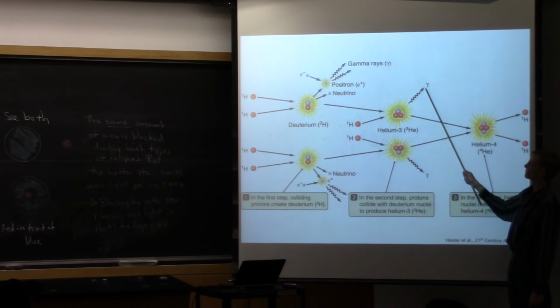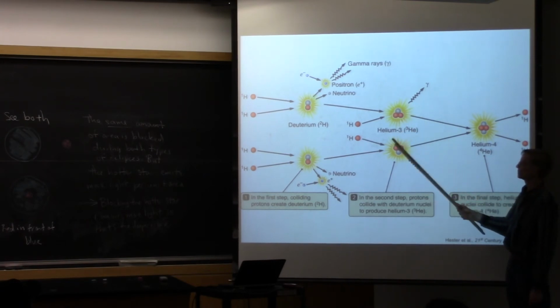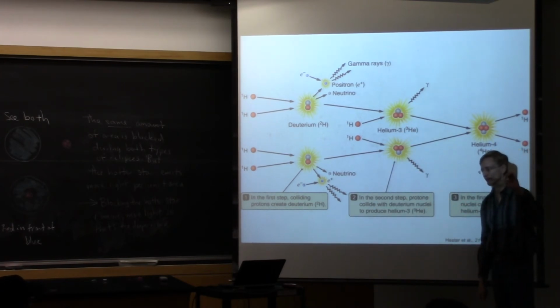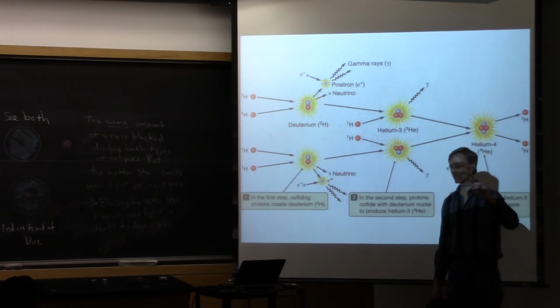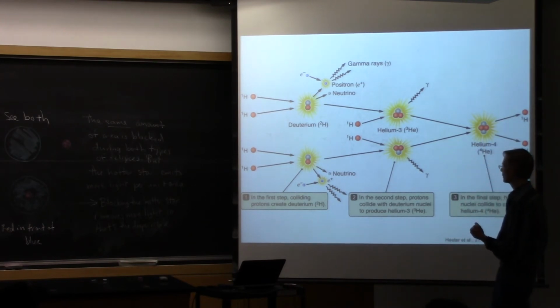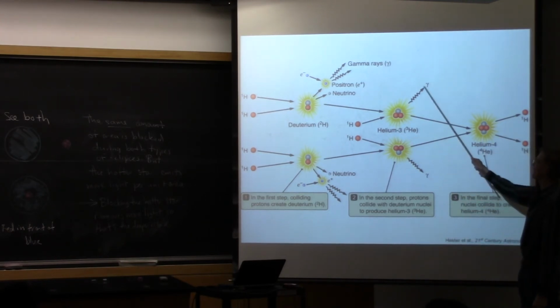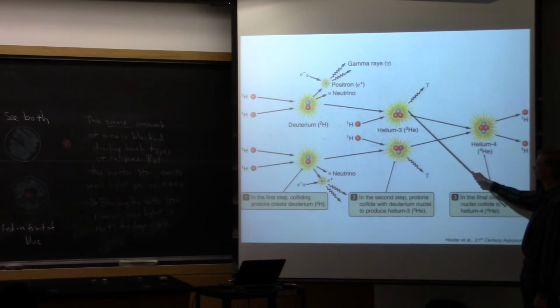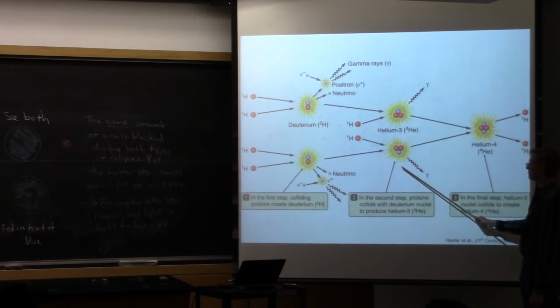it spits out a gamma ray as well because it's formed in an excited state, and then when the nucleus drops down to its ground state, it's not electrons that are doing it, it's the nuclear particles that are doing that. When they drop down to their lowest energy level, they spit out a gamma ray when they lose that energy. And then 2